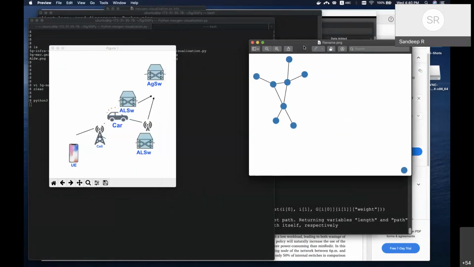We wanted to show that some are cars, some are switches. Of course, you can't see the data going from the user phone. But we tried to show that the mobile phone is connected to the cell, which in turn is connected to a switch.